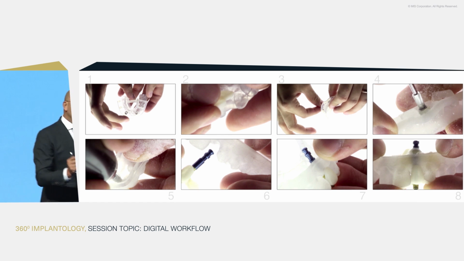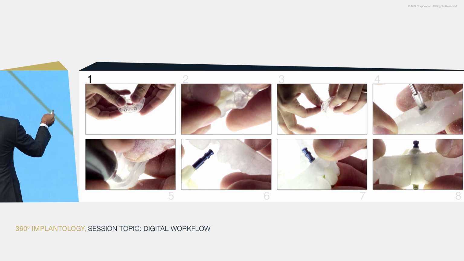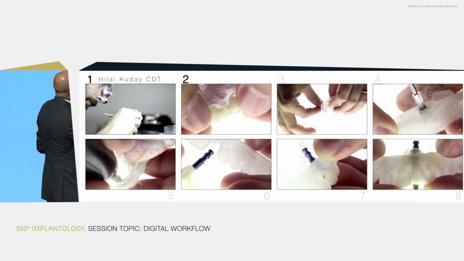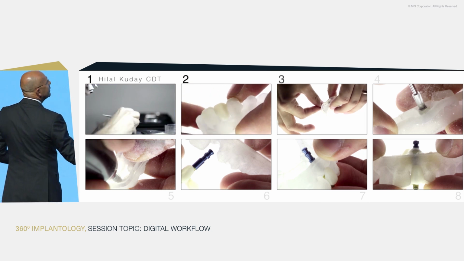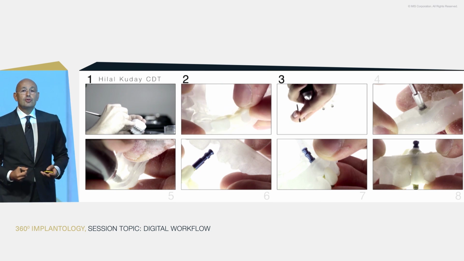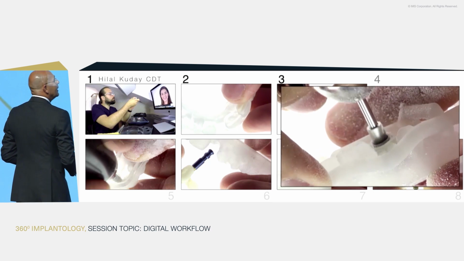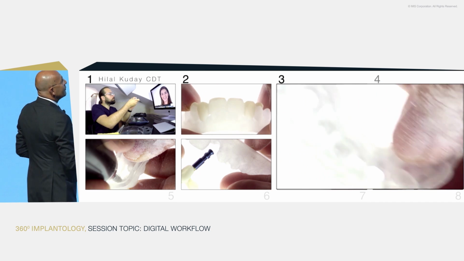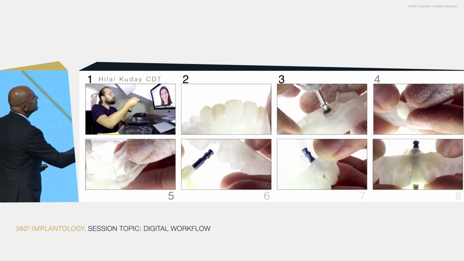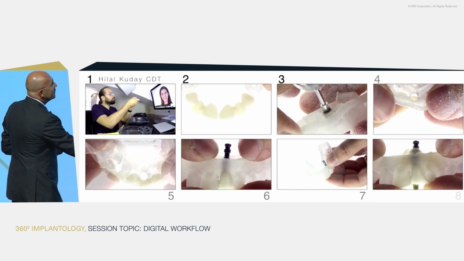This is something very funny. All of a sudden, it came to our mind that we have to use this model somehow. And that made our life so easy. So what Hilal is doing now, you can see the two pieces here. And through those two pieces, he's trying to seat this over the stereolytic model. It already fits. So once this is done, he will take a burr and he will do guided, I wouldn't say surgery, but guided drilling in the lab so that he will go through that and open a hole in that model itself. So that we can use it, you can see inside out, to keep that impression post analog in position so that once we lock it in here and we block it,